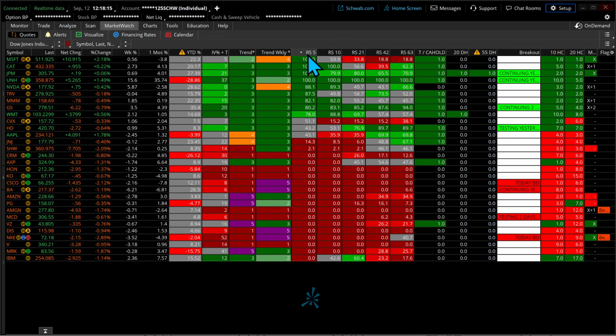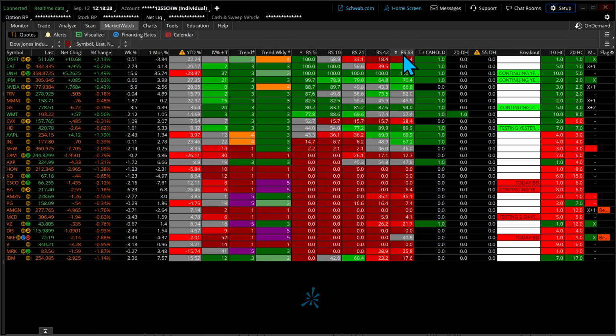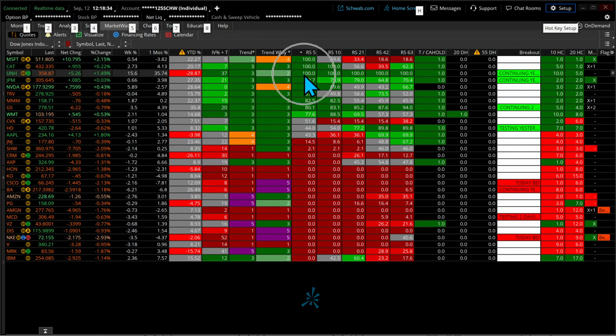You're going to now notice that RS for relative strength, 5 would be 1 week, 10 would be 2 weeks, 21 would be 1 month of time, 42 would be 2 months of time, 63 would be 3 months, and so on. The stock that has more green in different durations of time is really showing us strength. Now, that doesn't guarantee that it's going to go up more, but it's just showing that's what the strength is